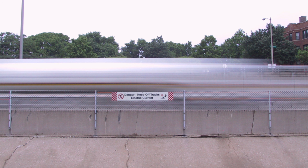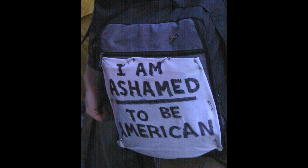This one was taken at a rally in Federal Plaza in October of 2002. This was when they were planning the invasion of Iraq, and there were many debates about it then. And every weekend there was some kind of thing going on down there. And this was maybe late October of 2002. And this is an image that you would see today